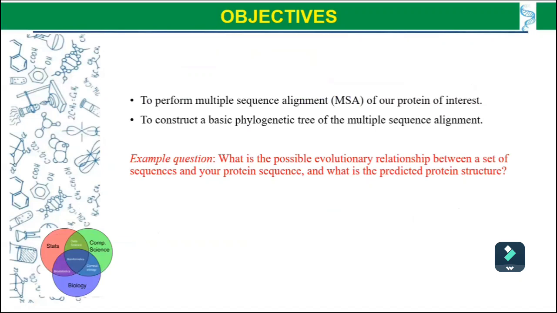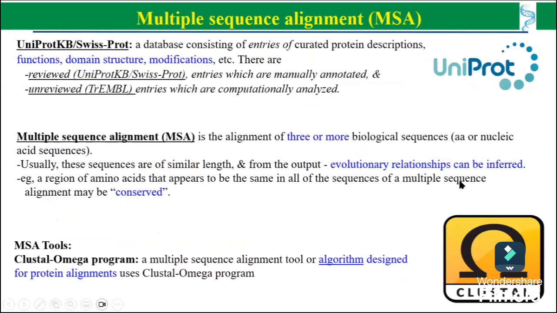The objective of the first exercise is mentioned here, and the question that we're trying to answer is: what is the possible evolutionary relationship between a set of sequences and your protein sequence, and what is the predicted protein structure? This is the information we're trying to get. Though we already have a bunch of information from the earlier exercises, in case you're relying only on MSA,